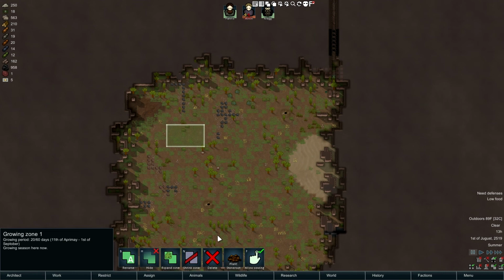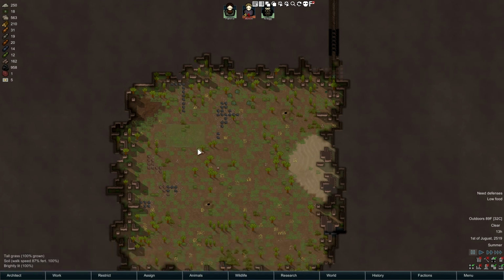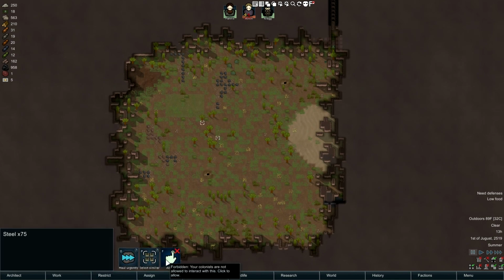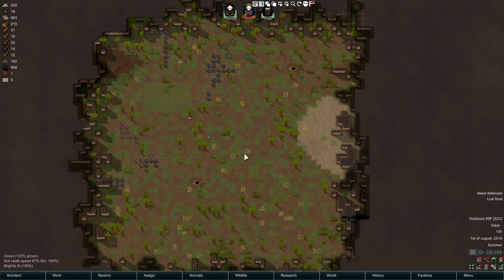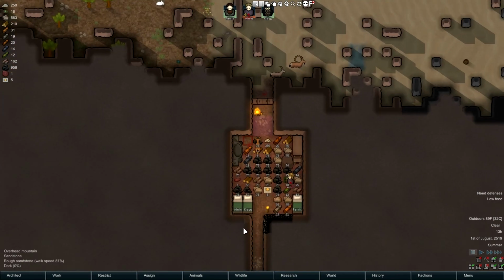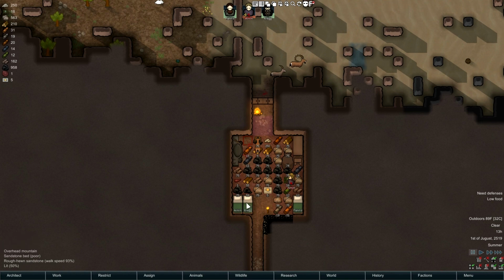Okay, we can grow stone root. Oh, is there any meals in here? We might as well leave that steel there. I don't see any food, so we started with 25 food and we used it all. That makes it a little more challenging. I've been tweaking the scenario settings, so